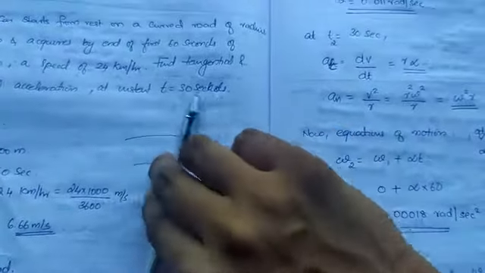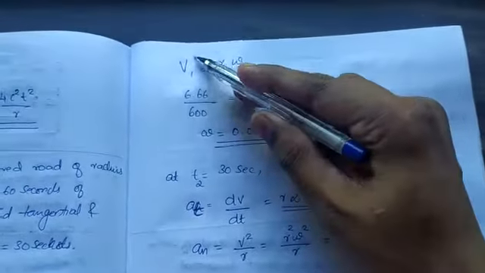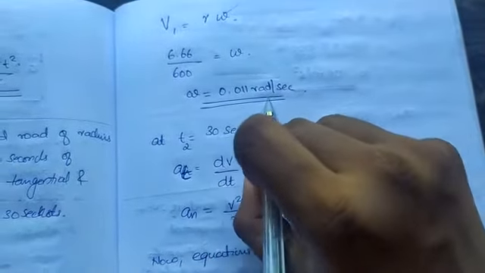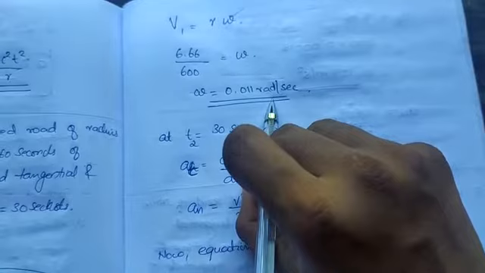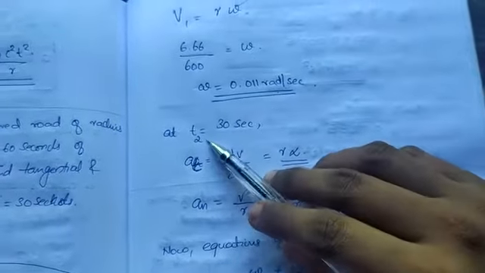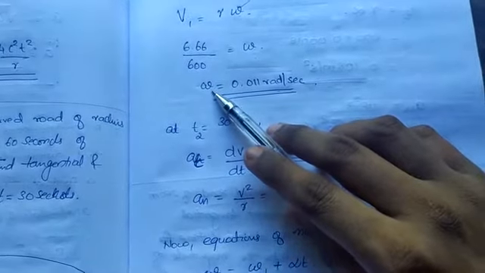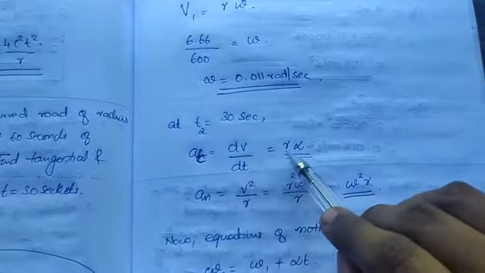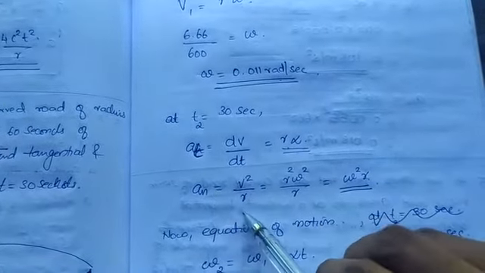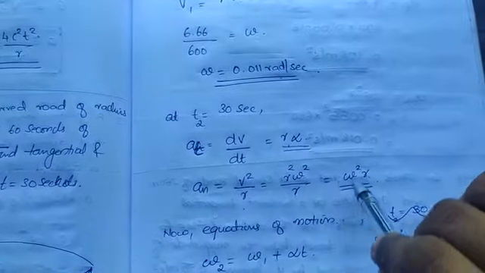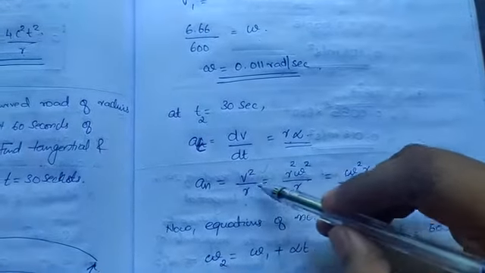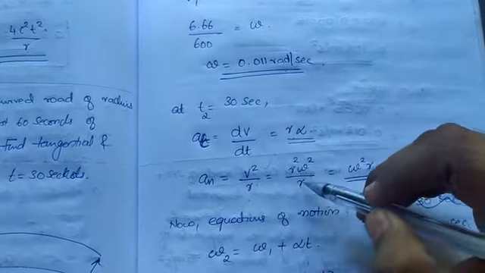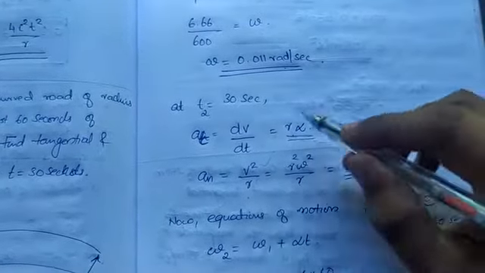Okay, you need to convert the straight line motion into angular motion. You can use this equation, and you will get omega, the final angular velocity. Now once you have the angular velocity, you substitute it at t2. aT is equal to dv by dt, or r alpha. aN is equal to v squared by r, and v squared is r squared omega squared, so aN equals omega squared r. Okay, all these terms you know, right?